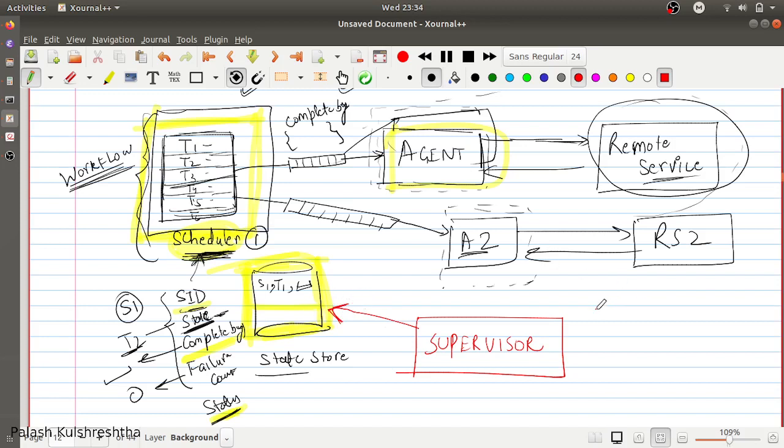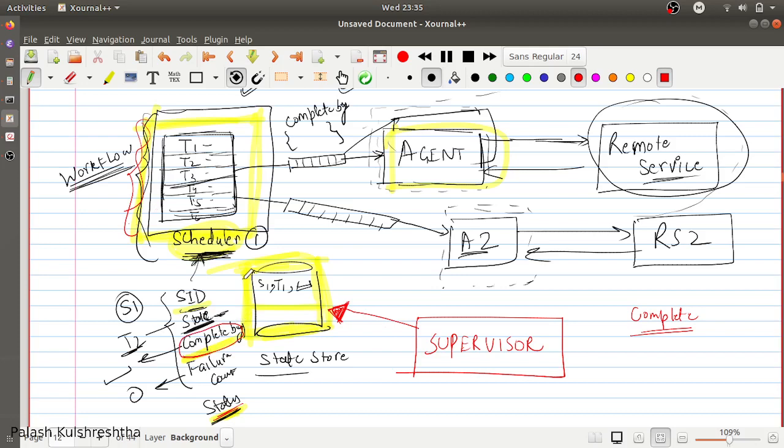If there is any task whose complete by time has been exceeded, and its status is still not success, then it can basically reassign this workflow to some other scheduler. Supervisor can do this.